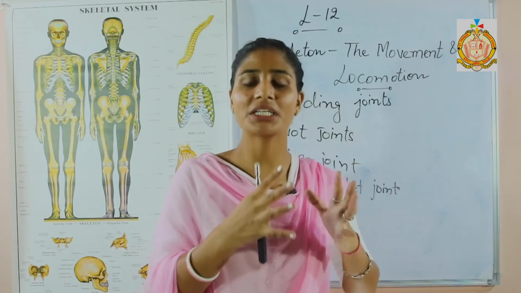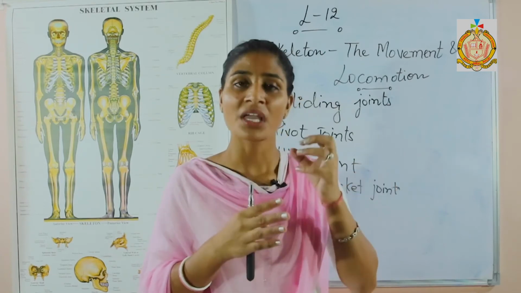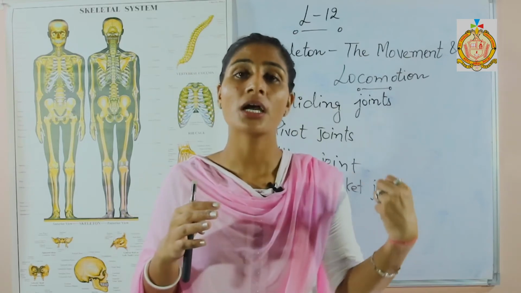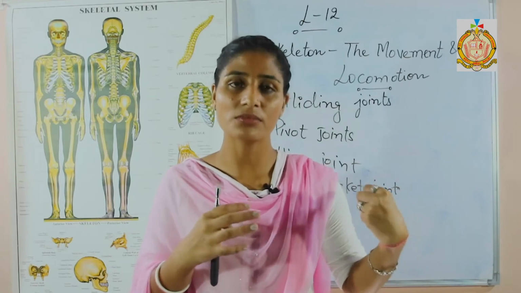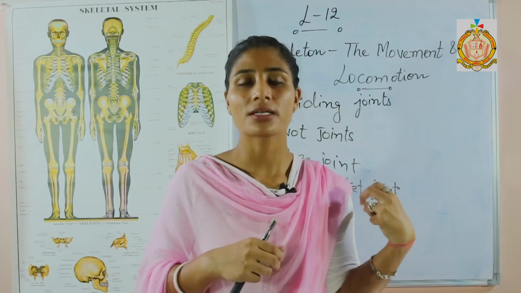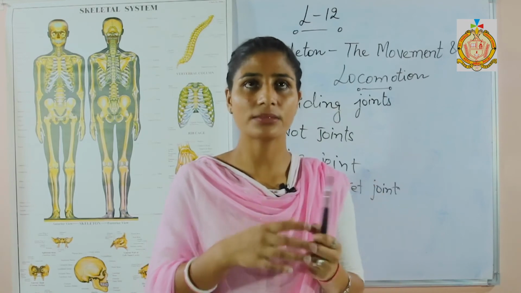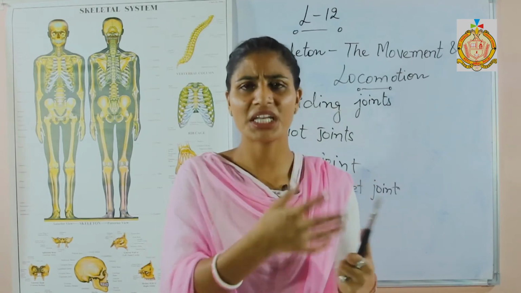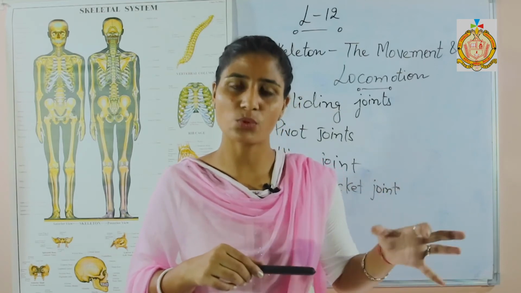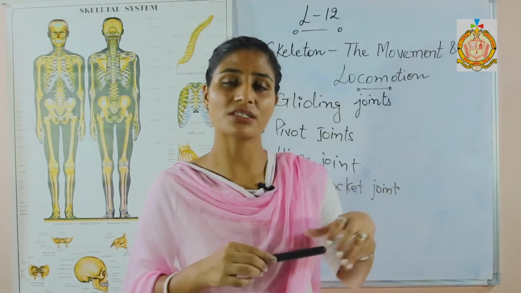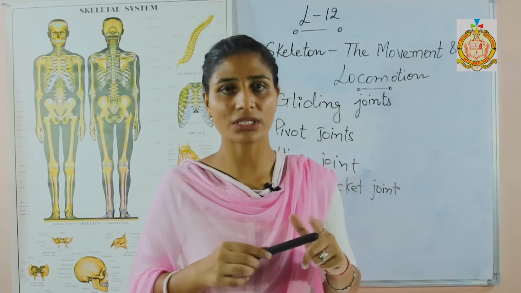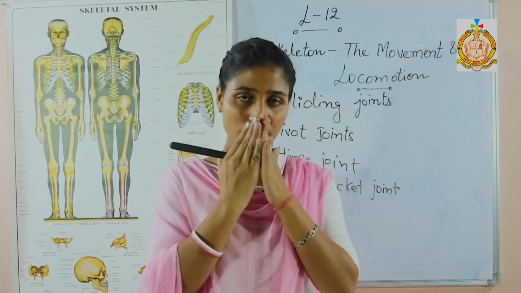By that way they are maintaining their movement. If by mistake, or sometimes in a situation, they show contraction at the same time, then some kind of fracture can happen. Sometimes you also get some kind of pain. Why does it happen? Due to the contraction of those muscles at the same moment. Normally, one muscle shows relaxation and the other shows contraction. By that way they are showing the movement.